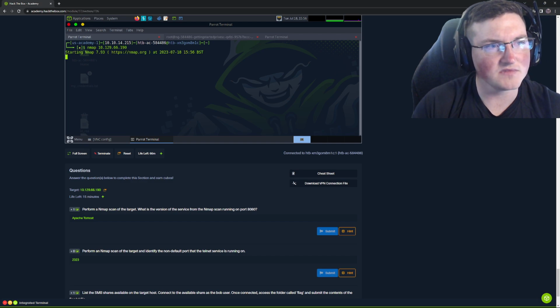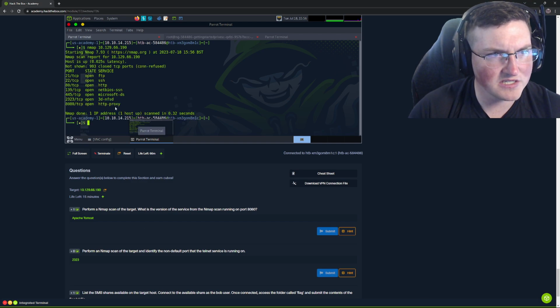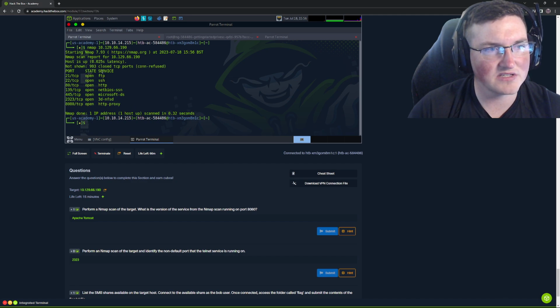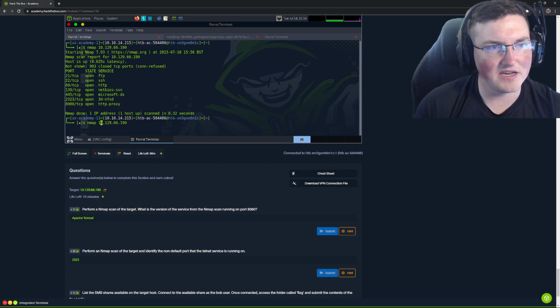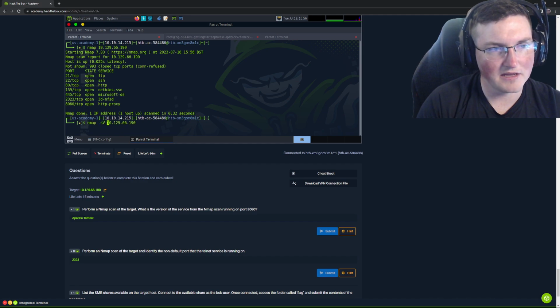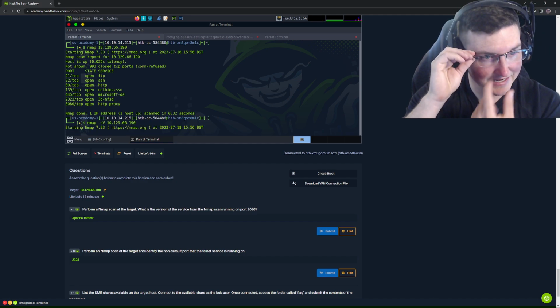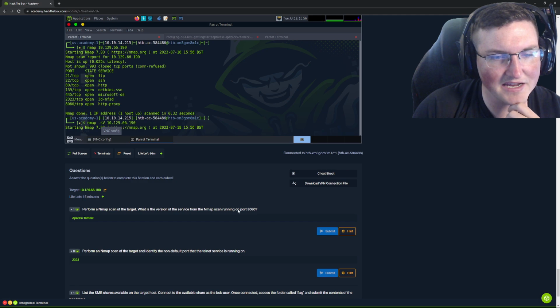10.129.66.190. We hit enter. What is the version? So you can see we don't have anything. It just gives us the service, but it doesn't give us the version. So we have to do -sV for service version, and it says what is the version of the service from the nmap scan